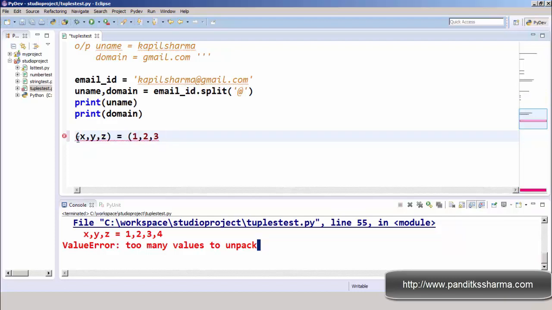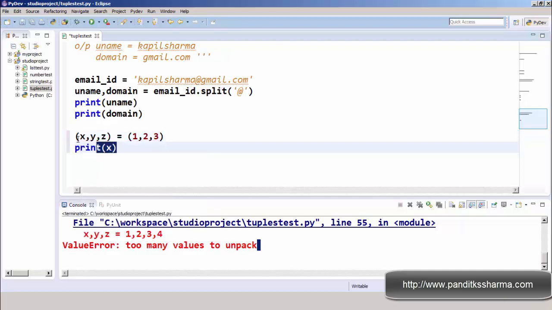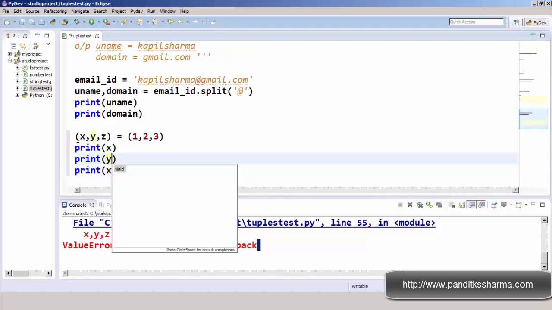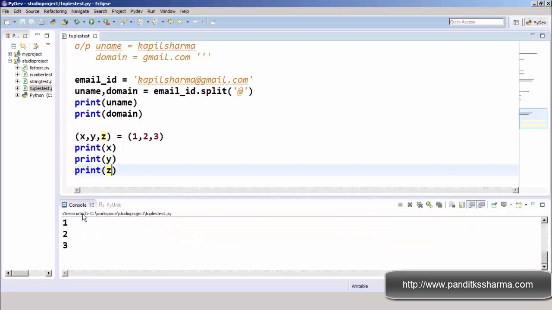Both sides should have the same number of values, and try to print. It got executed. So x will be assigned 1, y will be assigned 2, and z will be assigned 3. So like that it will work. That is called unpacking of tuples.